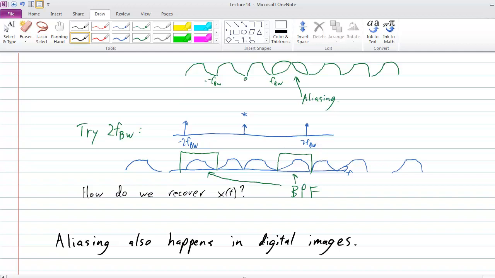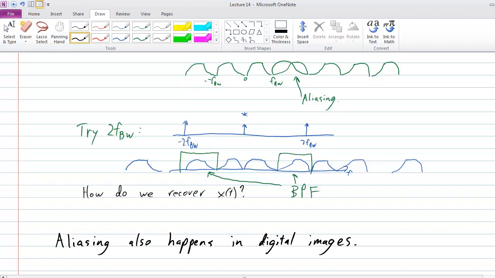If you have something that's high frequency, say a screen door, and the resolution of your image is not high enough, then it can give you a weird low frequency artifact that is aliasing. Doesn't look nice. And to avoid that, when you go down to a low resolution from a high resolution, maybe you start with extremely high resolution film and you go down to some TV resolution, you need to do anti-aliasing